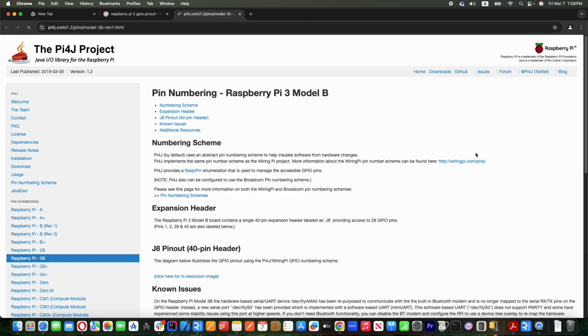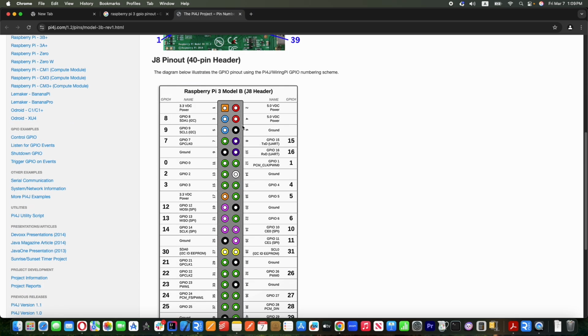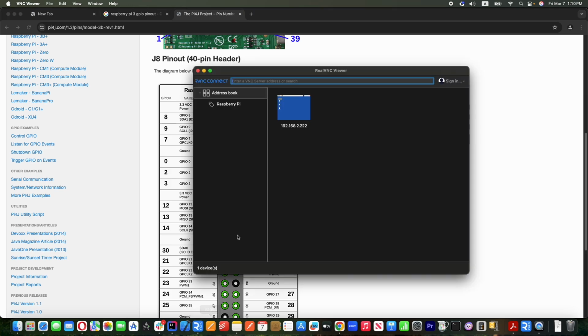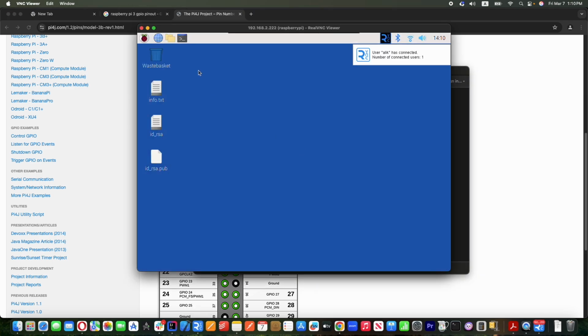So let's take a look. This is the I2C lines. But the common mistake, I made this mistake too, is the physical pin number 3 and 5 or 8 and 6, but when you are activating, let's take a look at our pin